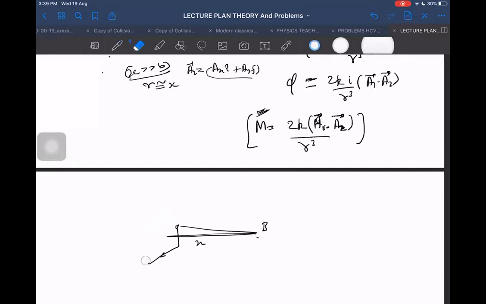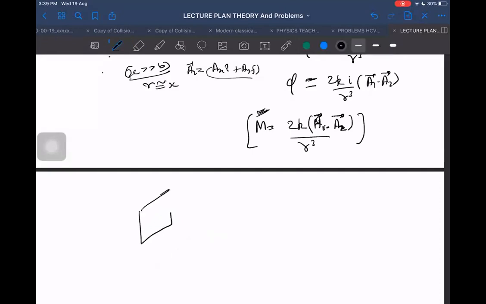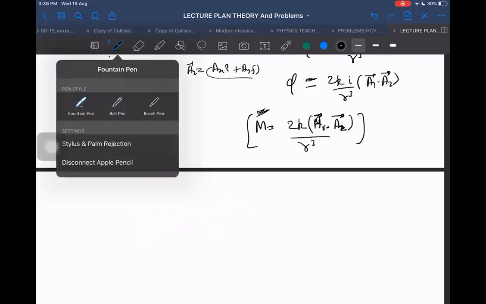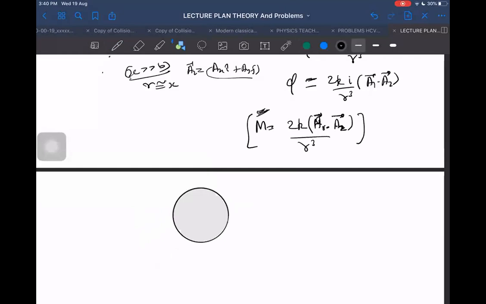Use that formula and try to find out the mutual inductance between one square frame and another square frame, or another circular frame. The smaller one doesn't matter; it can be circular, square, or any other shape. The bigger one has to be a well-defined shape, because from that only we are determining the field. And one more thing, where to keep these? We can keep them in any location. For example, it may be concentric also. For the concentric case also I can determine this. Can we determine for the concentric case?